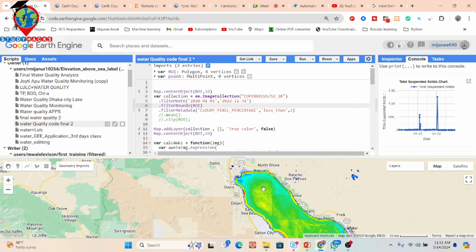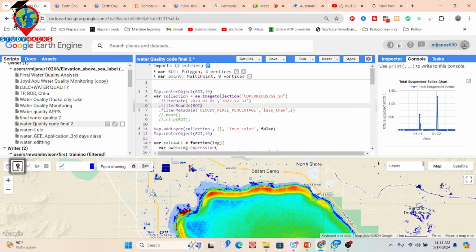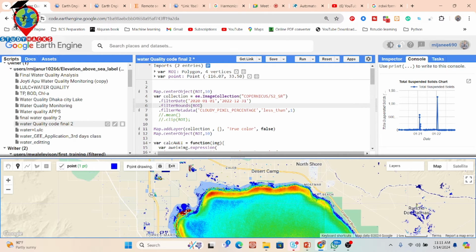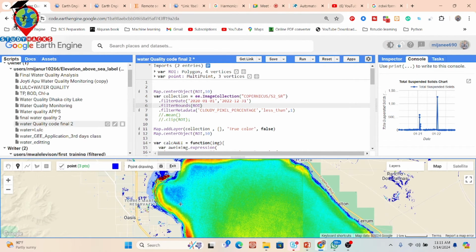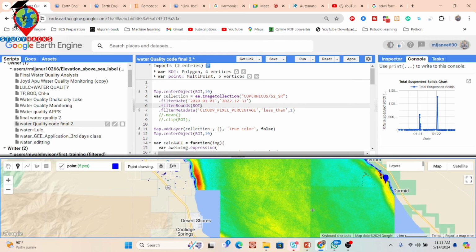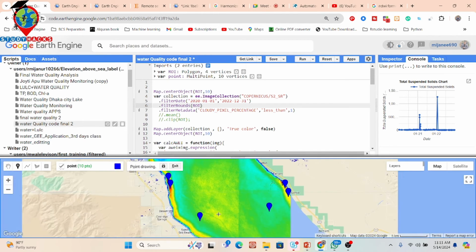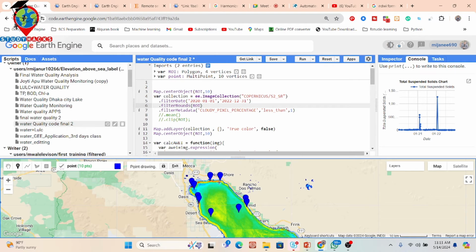And then I just take some training samples. Just click on the point. Suppose I take a training sample from here. So it's my first one. Suppose I take another from here, and another. Suppose I also take from here, and here, and here. Suppose I take a total of 10 points. So suppose this is my data, and I want to extract the data from these 10 points. For doing this, just